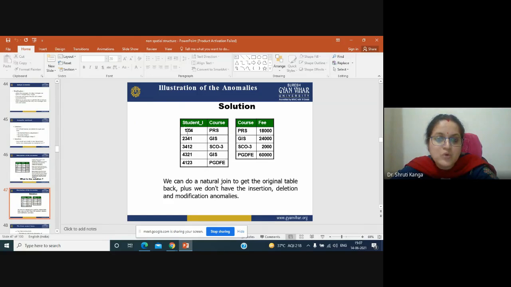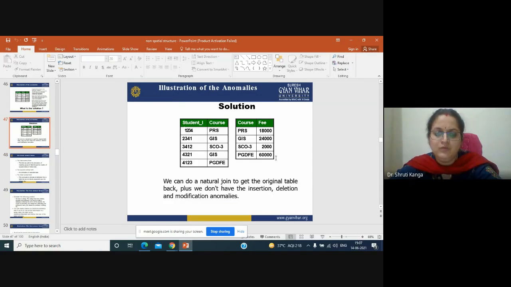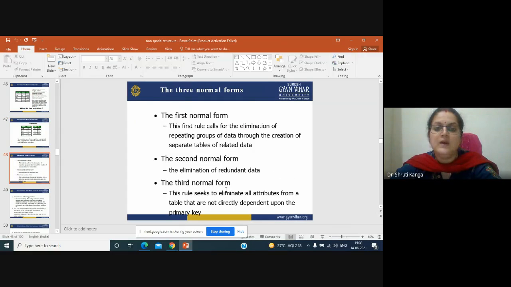One has the student ID and courses, and the other has the course fee. We can simply add a course here and add the course fee there. We can do a natural join to get the original table, and we don't have insertion, deletion, or modification anomalies.